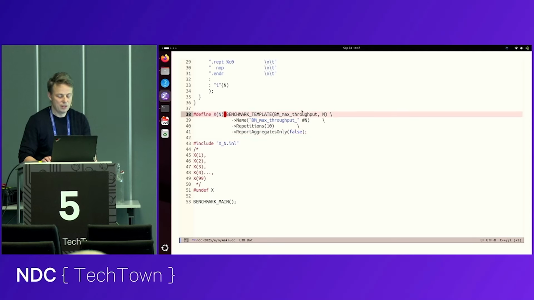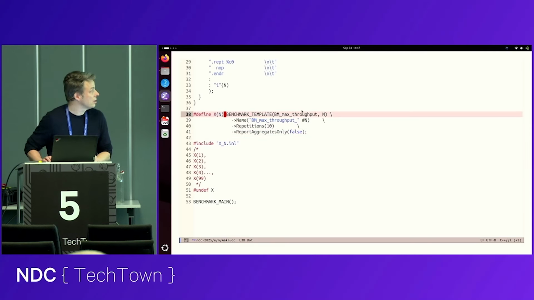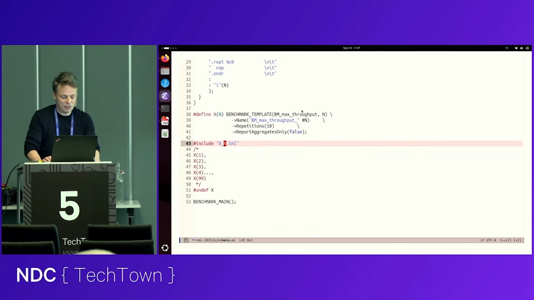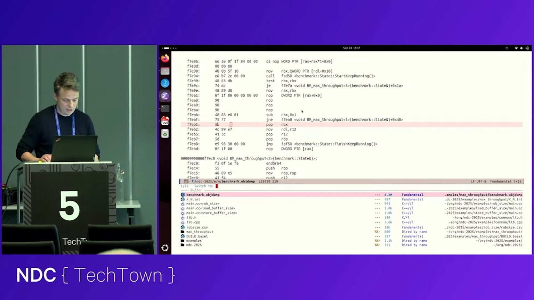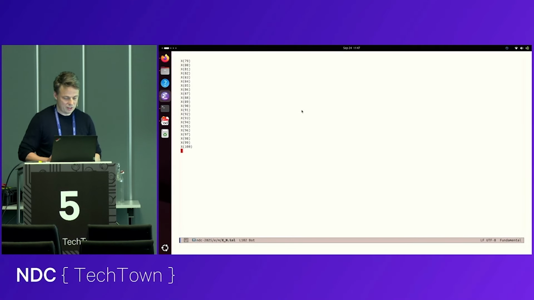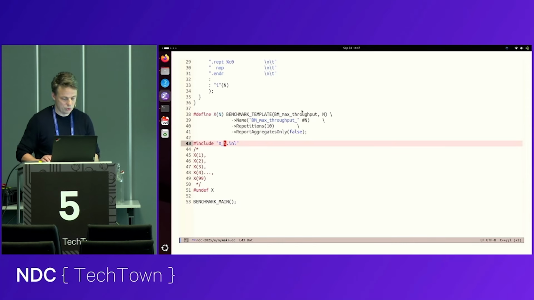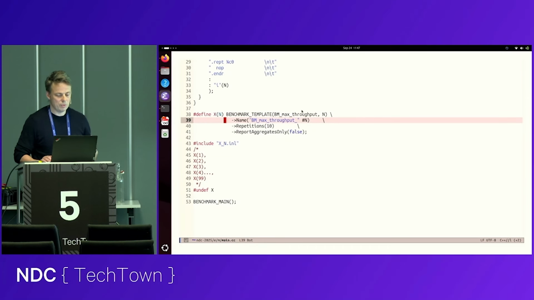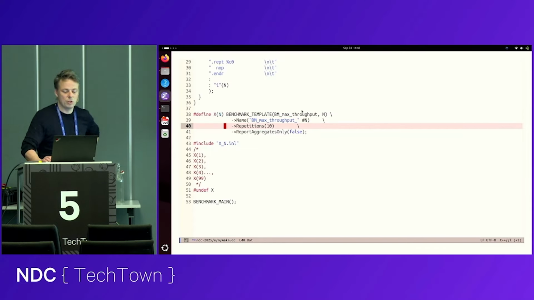Normally you need to register every benchmark in Google Benchmark, but we define it so that it's expanded through this include file, which I have here. Here you can see we have hundreds of numbers that we use to register the benchmark max throughput for 1 nop, 2 nops, 3, 4, 5, 7 nops, etc. We do this for 10 repetitions, where we take the average,